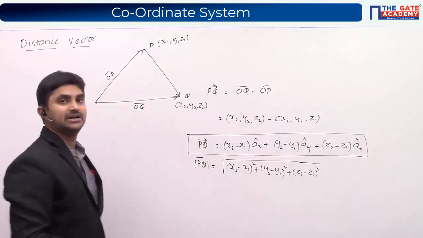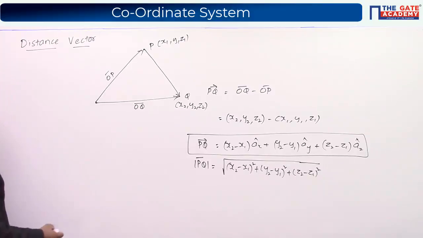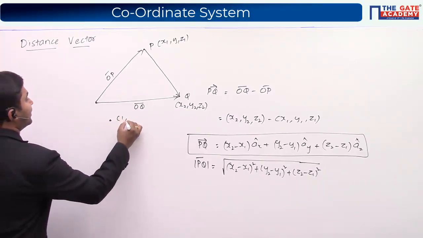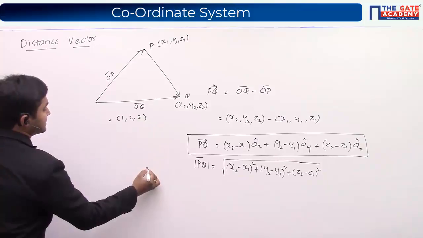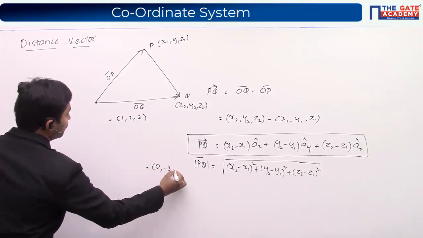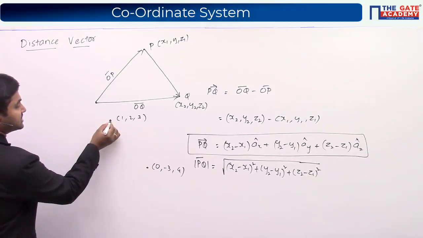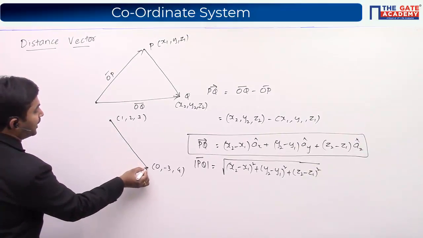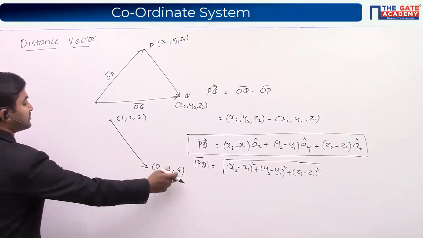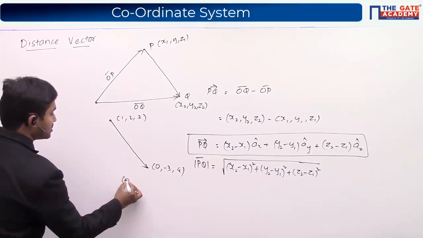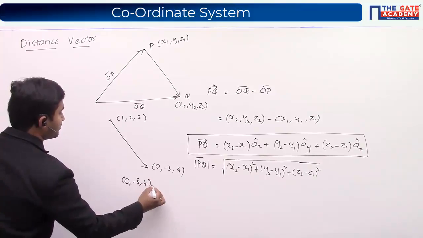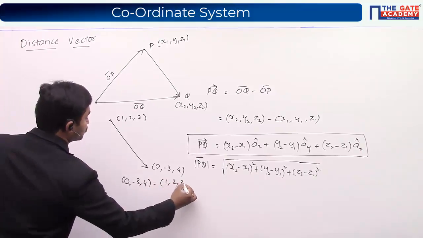PQ bar is nothing but the distance vector. So if I'm having 2 points, let us say (1, 2, 3) is my point, and there is a second point called (0, -3, 4). So how can I write the distance vector? The distance vector directed from this particular point (1, 2, 3) to the point (0, -3, 4) is given by (0, -3, 4) minus (1, 2, 3),